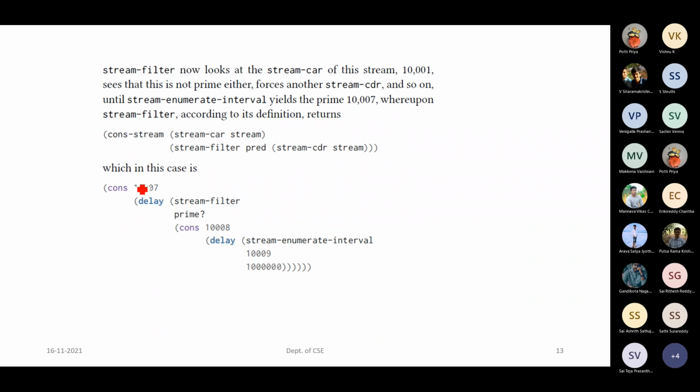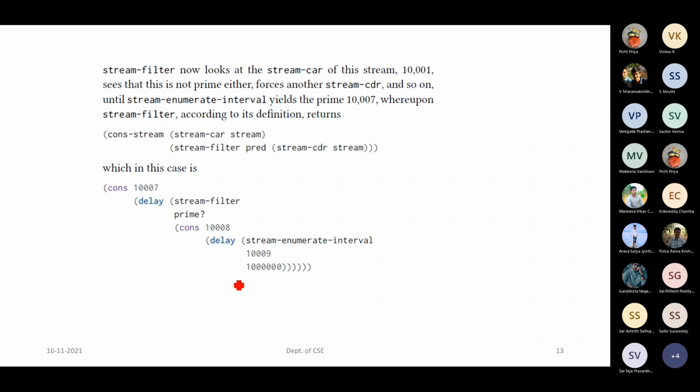This is how it works when you call only the filter procedure and the stream enumerate interval procedure. So 10,007 is the only prime number right now. This will be the value which you will be getting.